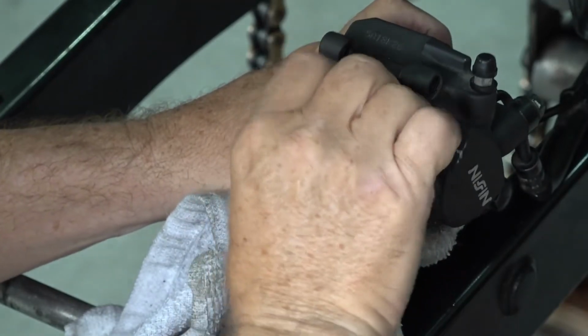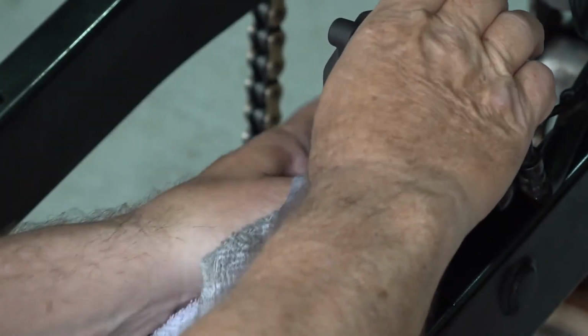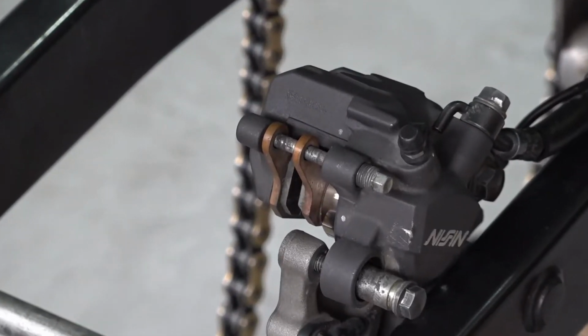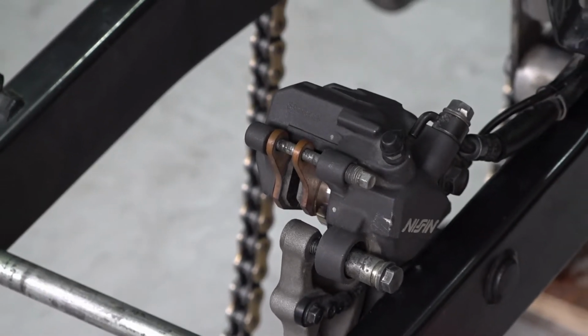Dry it off. I'm going to get some air and blow it out. Make sure all the alcohol's dry. Before I push it back, I want to make sure it's dry. I put the pads back in. When I retract this thing,